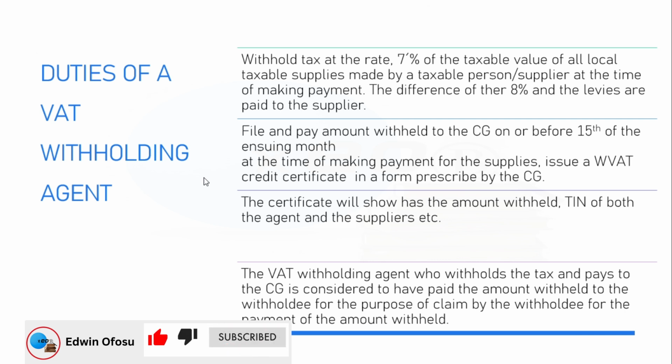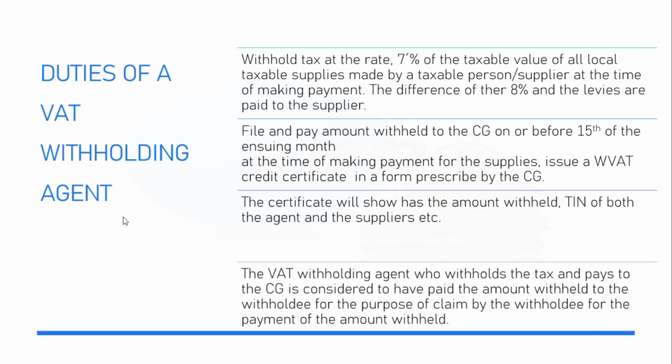8%. You get it? Now, after they've done that, as an agent, just like any other withholding, that is income tax withholding, whatever withholding, it is PAYE, whatever, you have to file and pay on or before the 15th of the ensuing month. So assuming we are in January 2026, I withhold you. By the 15th of February, I have to pay and file to GRA all payments that I've made to the supplier, taxable